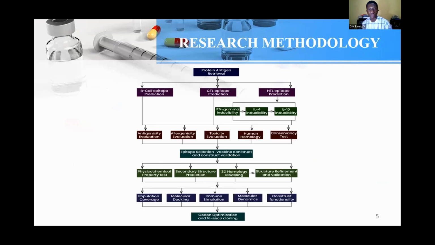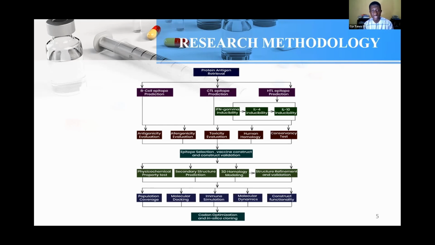Now, this is our methodology. As I've said, we made use of an in silico approach. The first thing we did was to retrieve the protein antigens used in the construction of the vaccine. So we retrieved 10 different antigens from the viral capsid protein, the early antigen, and the nuclear protein. After retrieving the proteins, we predicted possible immunogenic B cell epitopes and T cell epitopes. These T cell epitopes are in two forms: the cytotoxic T lymphocyte and the helper T lymphocyte. So we retrieved the epitopes